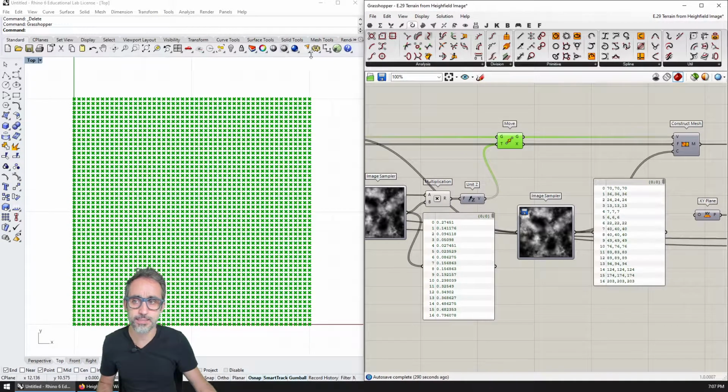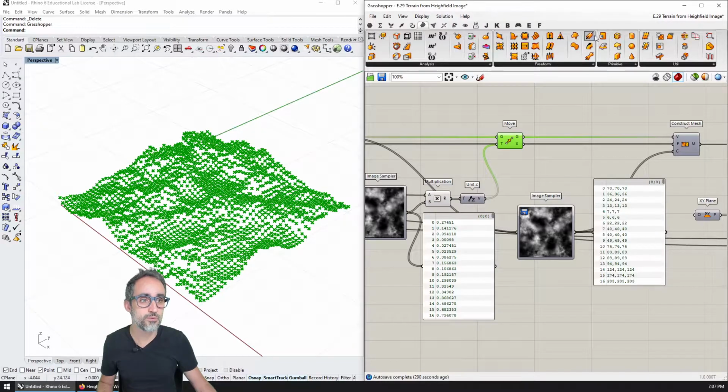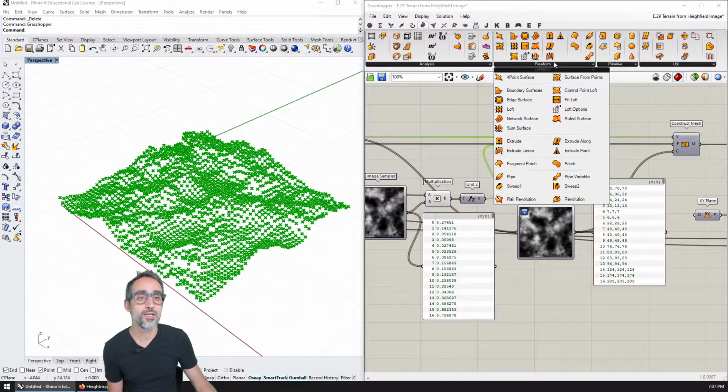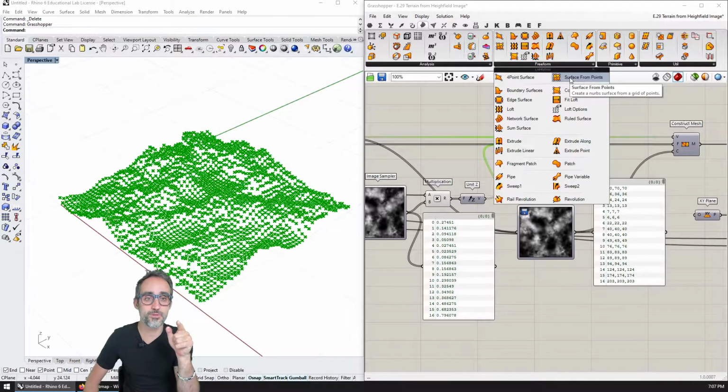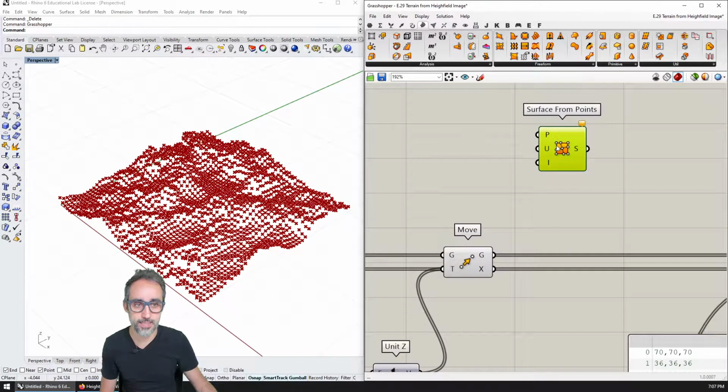The way we can do that is if we go to surfaces, and to freeform, you can see that I can create a surface. One of the options is to create a surface from a grid of points. So I'm going to place this here and take a look at what the component is asking me.